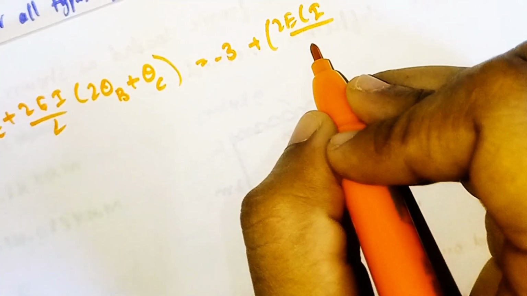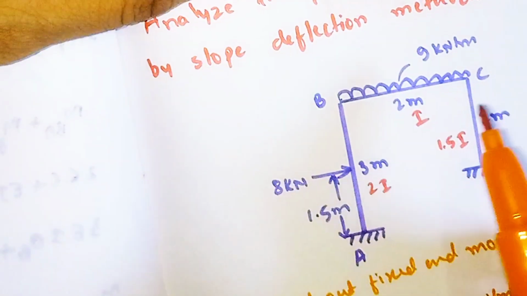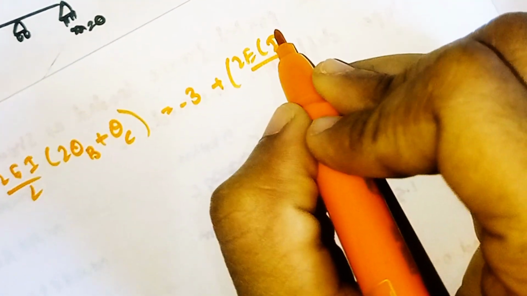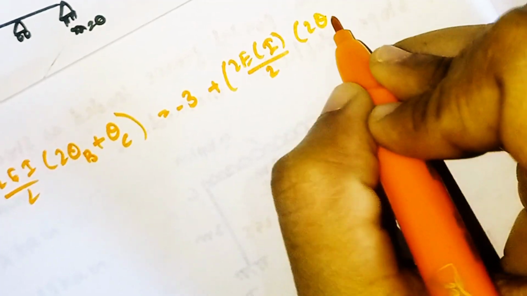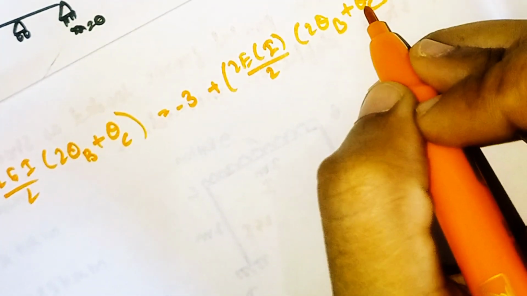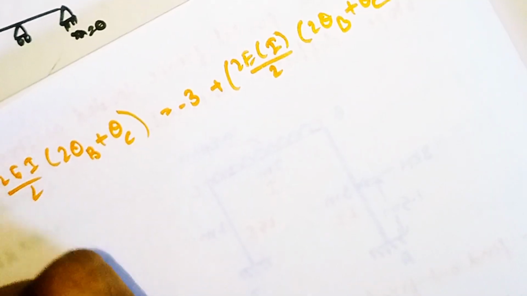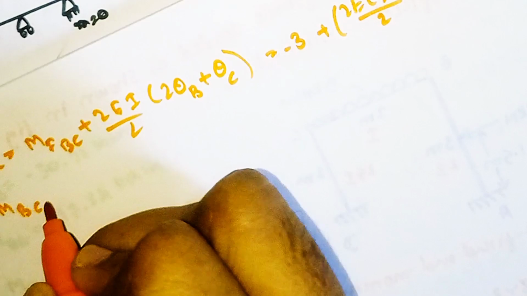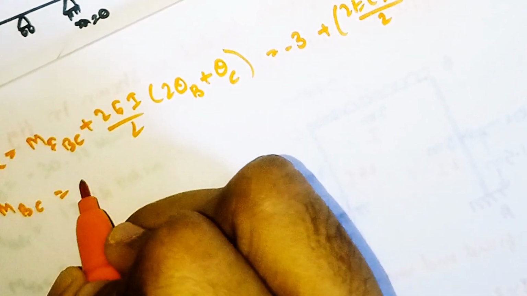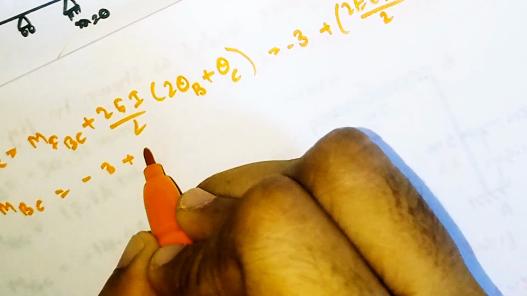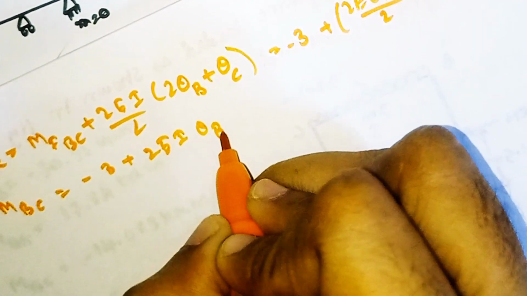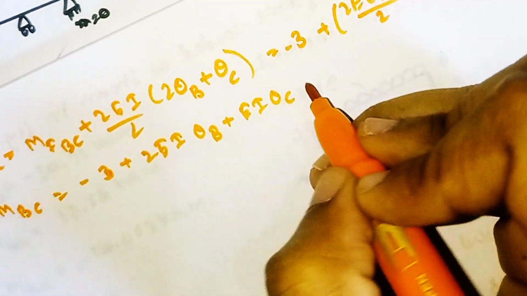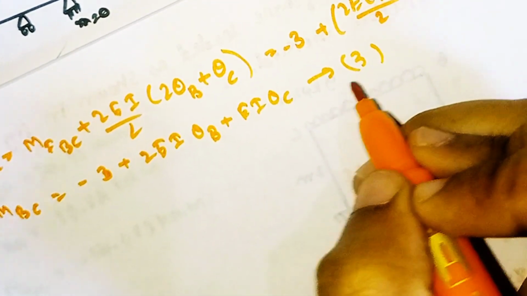Divided by length is 2 meter. So length of BC is 2 meter. They give, substitute this value. Plus 2 into theta B has some value and theta C also some value. Keep it as it is. Now simplify this. So our MBC will come out as minus 3 plus 2 EI theta B plus EI theta C. So call it as equation number 3. Similarly for